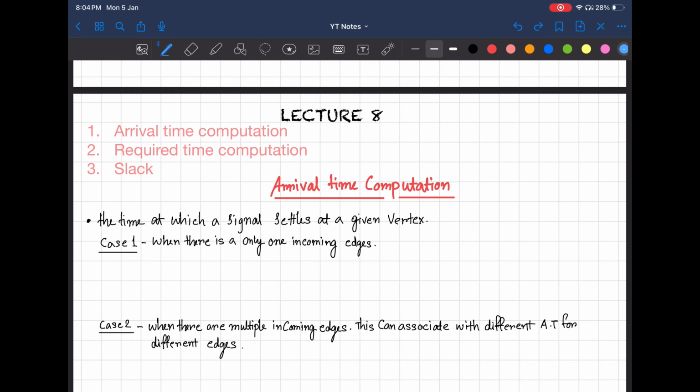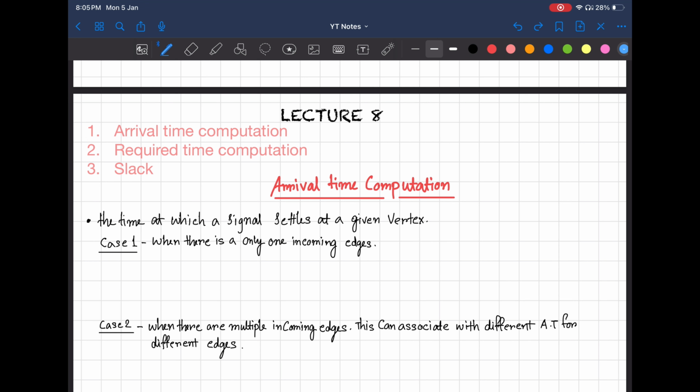Before going deep into this lecture, in the last 6-7 videos, I tried to discuss timing analysis, basic definitions. Then we went to static timing analysis and the difference from dynamic timing analysis. And we know that most of the time we check static timing analysis. In static timing analysis, the most important timing constraints are setup and hold